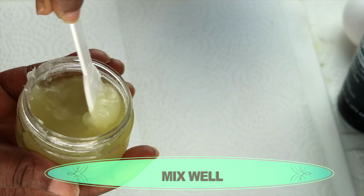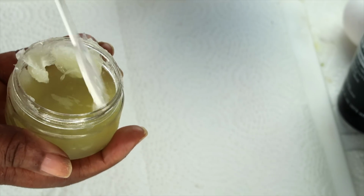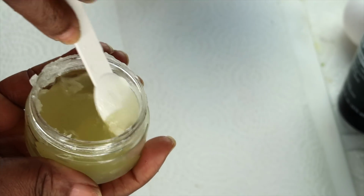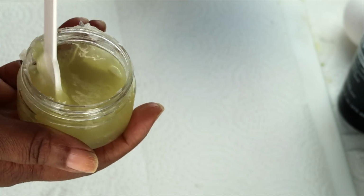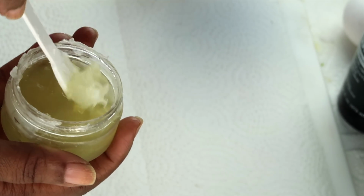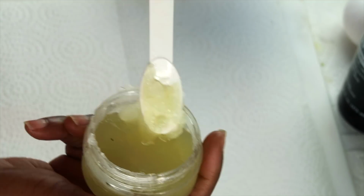A very easy way to get this done really fast instead of mixing is to add your petroleum jelly before you cooled your jelly. That is the easiest way to get it melted. However, if you have leftover and you place it in your refrigerator, you want to use it up after, what you do,